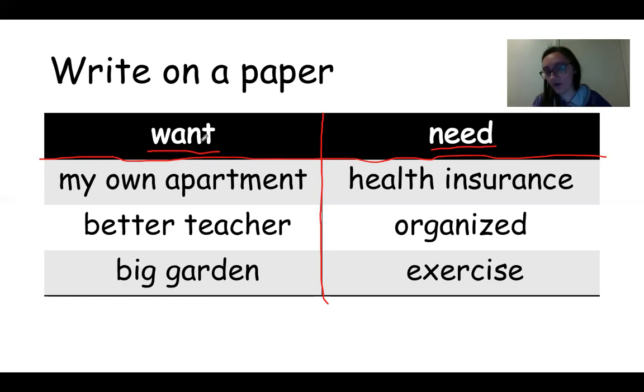These are all things that I want, things that are important to me, but also things that are not important for me to survive, right? That's what a want is. A want is kind of like a hope or a wish. It's something that doesn't need to happen, is not important for me to survive, but it's something that is important to me. So, not important to survive, but something that I like to have, something that I would like to do. Okay, so